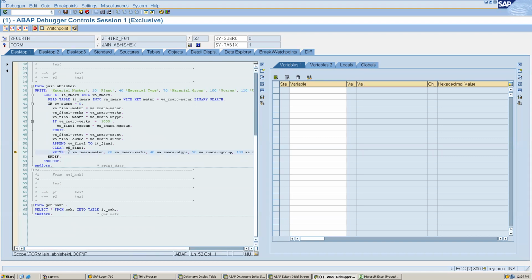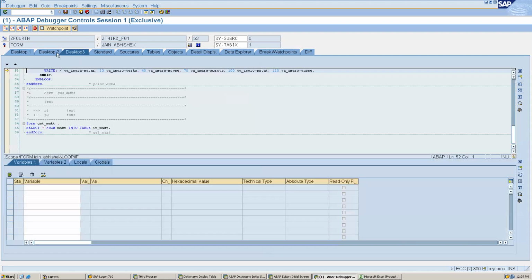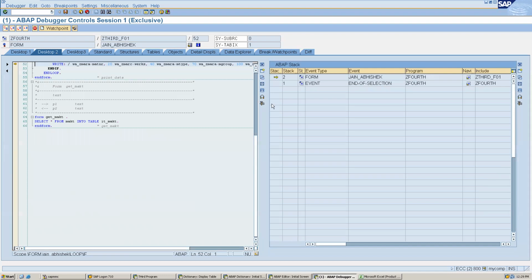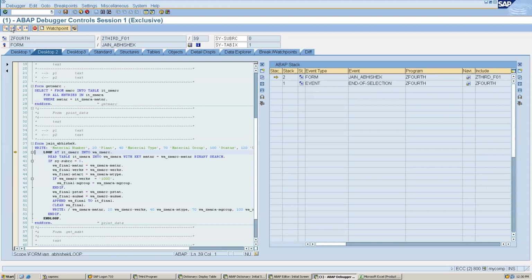If I press F7, it will return to the previous call stack. And where can we see this call stack? In desktop 2. So here you can see this call stack. We are in end of selection and inside this form. Let me again do F6 and let me do F5.